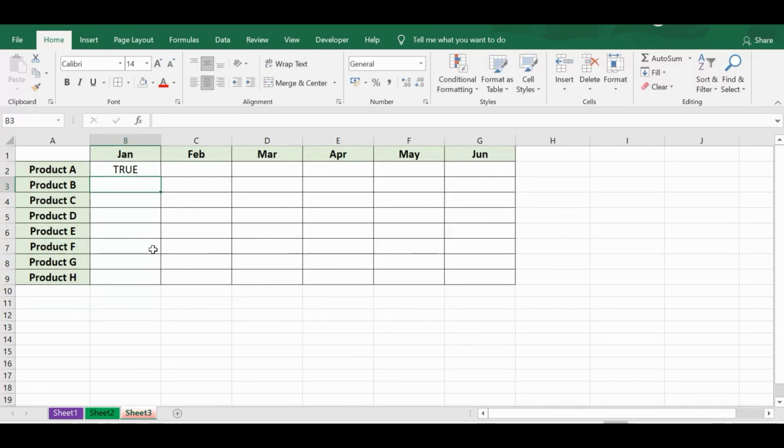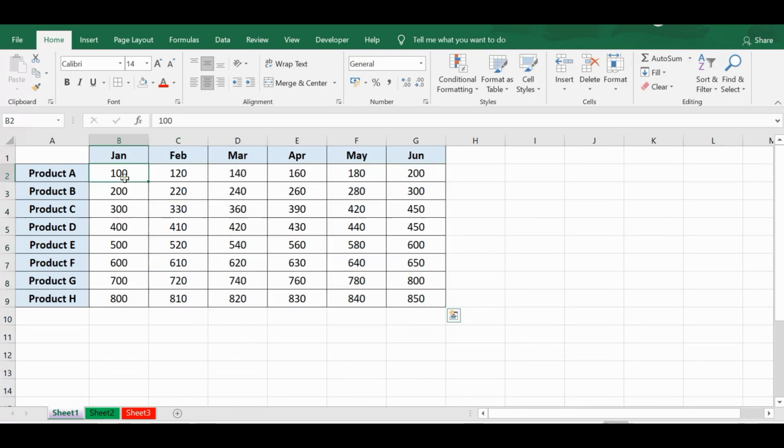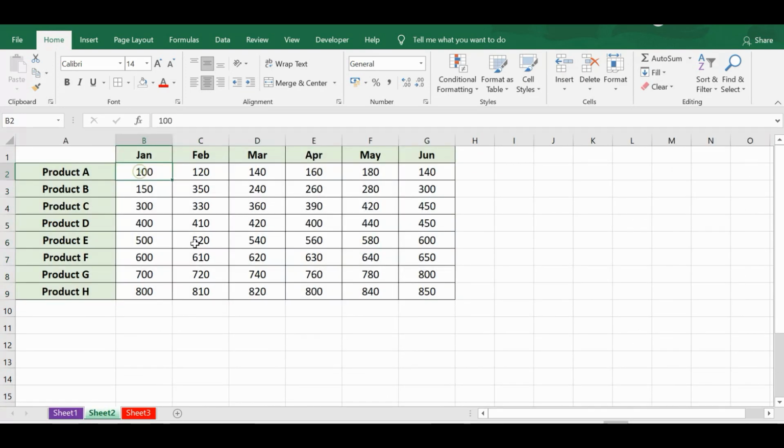Then we can see that on sheet 3, cell B2 is showing true. Why? Because on sheet 1 and sheet 2 we have the same value for product A and month Jan. So let's check. On sheet 1 we have 100, on sheet 2 we have 100 for product A for Jan